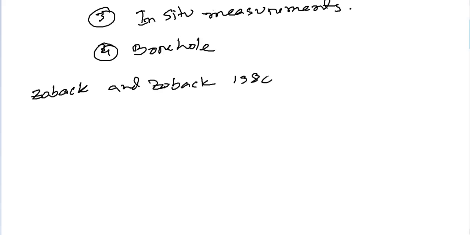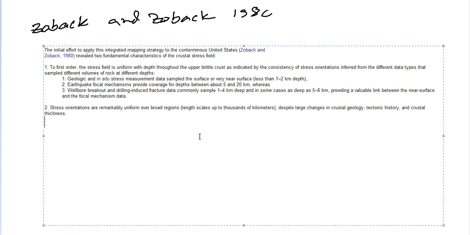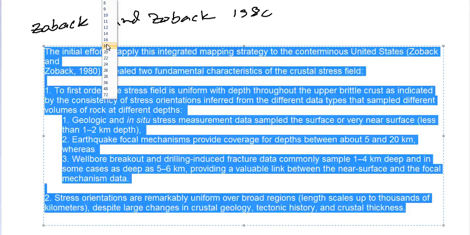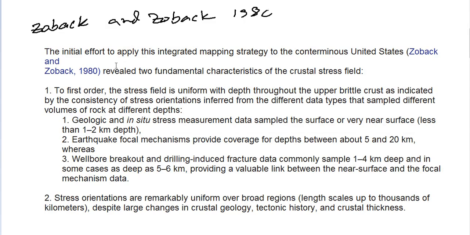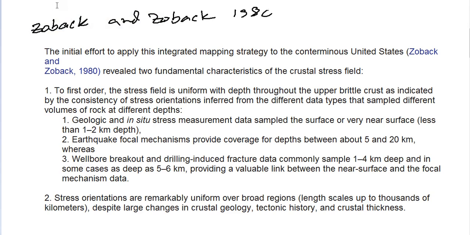So I'm going to show you here. I'm going to enlarge the size so that you can understand. Here, the initial effort to apply this integrated mapping strategy means applying all the procedures, all the techniques we have available, the earthquake focal mechanism, or GPS, or in situ measurements, to